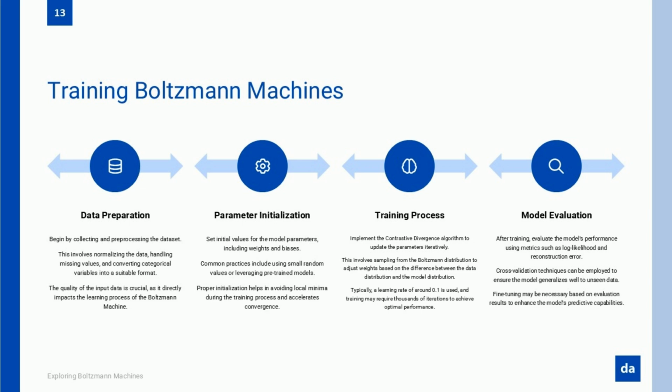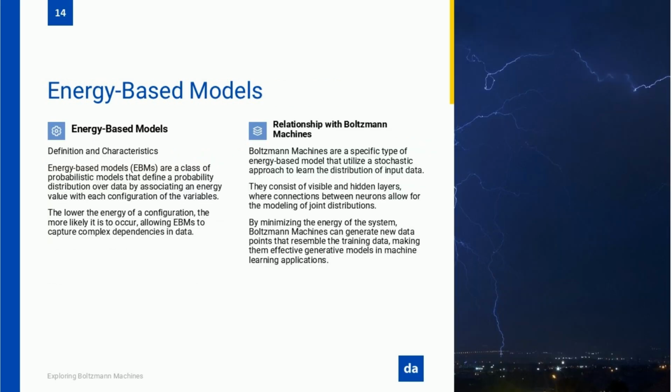Because while they are powerful, they are just one example of a larger class of machine learning techniques that use energy functions to learn from data. Let's take a look at how Boltzmann machines compare to other energy-based models and why this framework continues to influence modern AI research. Boltzmann machines belong to a broader class of energy-based models, EBMs, a powerful category of machine learning